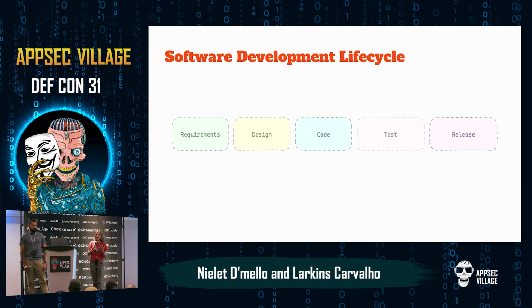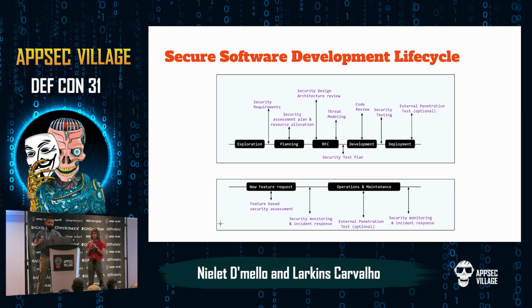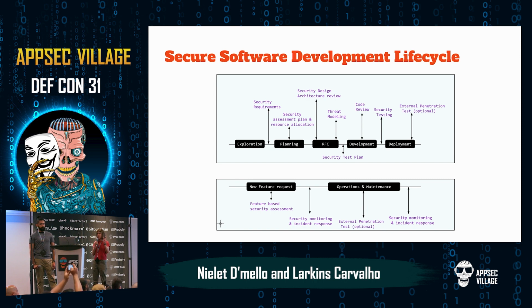Regardless of the paradigm that you follow in your software development lifecycle, be it waterfall, agile, iterative, spiral, whatever, we can agree that they all come down to these blocks. There is requirements, there is design, there is code, there is test, and there is release. Now, how do we inject security in these phases? At the top, when a new service or a new feature or a new product is getting started, when we talk about the design or requirements phase...